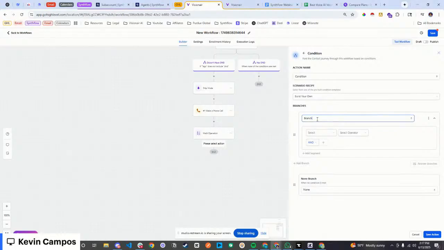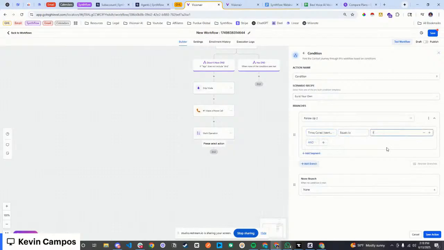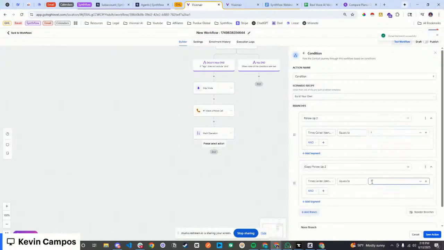So what are we going to do? In this case, we're going to be making follow up sequences. In order to create those, you are going to need something similar to follow up 1, or sorry, follow up 2, which is going to identify, let's go over to the contact here, contact details, times called identifier, and then equals 1. And then I can duplicate this, equals 2, and then this is going to be follow up 3.